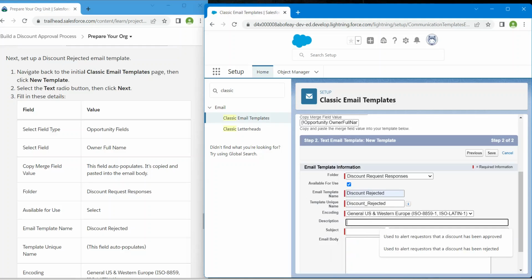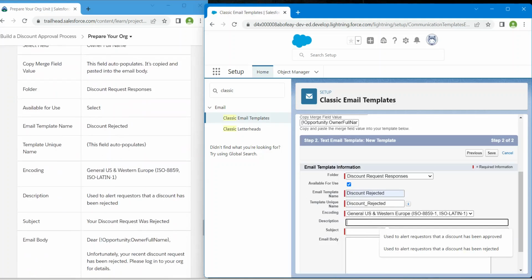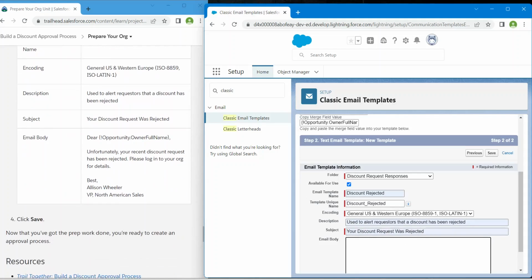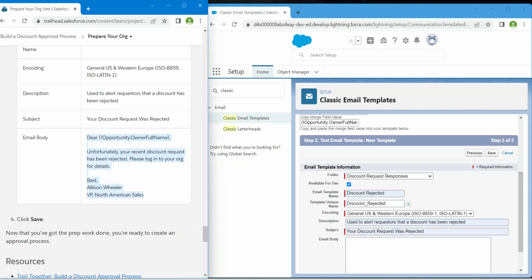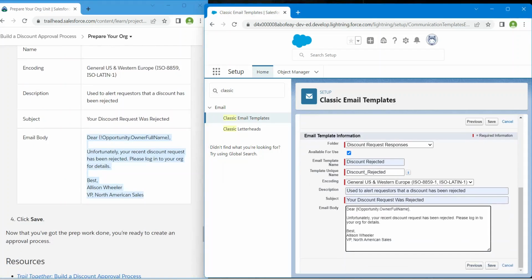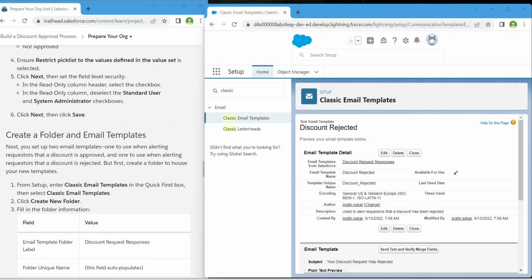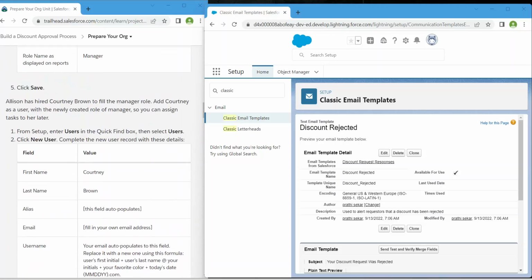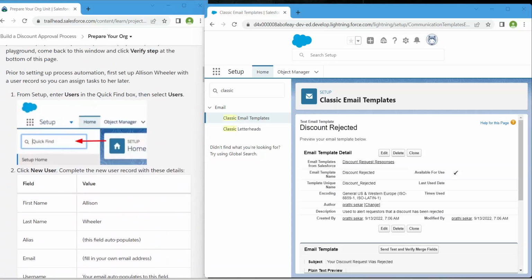For description, I'm just going to give used to alert for rejection. For subject, was rejected. And for email body, I'm just going to copy this and paste it over here. Click on save. So now guys, we are going to do one more process over here, which is nothing but,